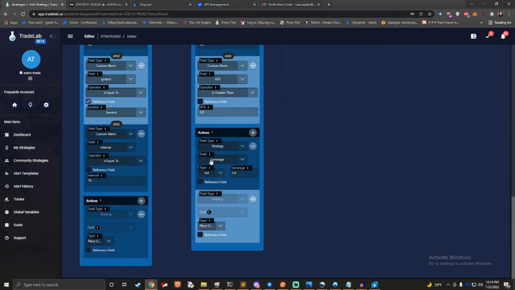So now we're doing two different actions back to back. We're first setting our leverage, and then we're placing the order. So the order that actions run is important. So if you set your leverage before you place an order, then that order will be placed with the leverage that you set. If you set your leverage after you place your order,